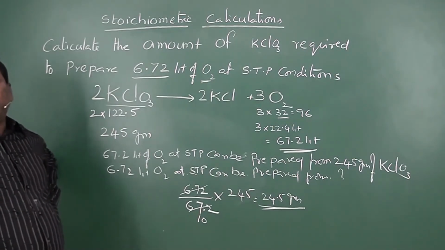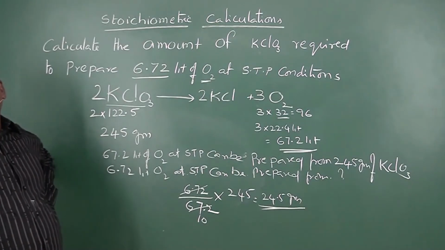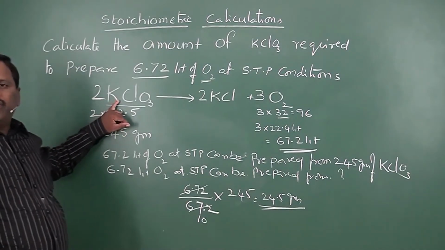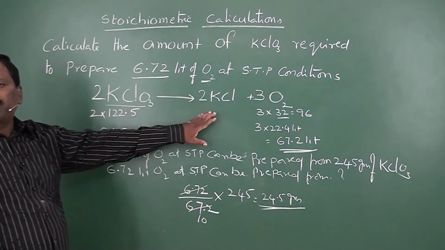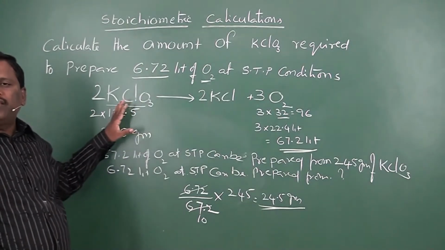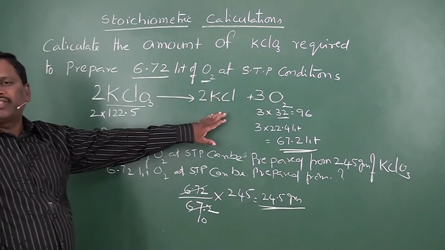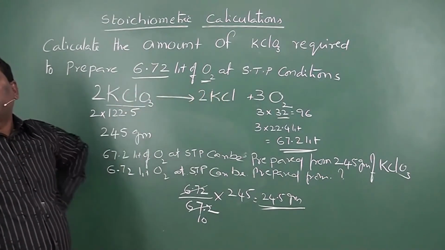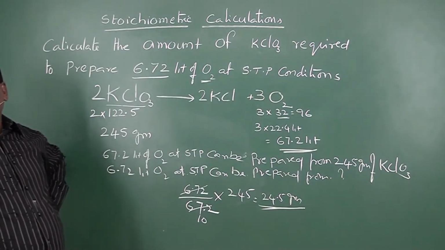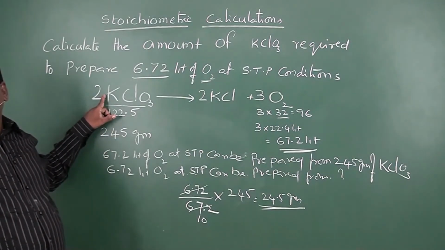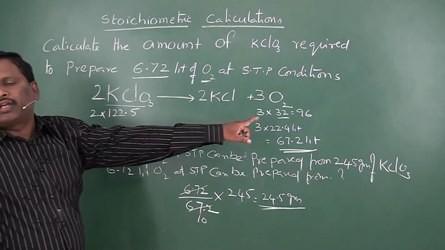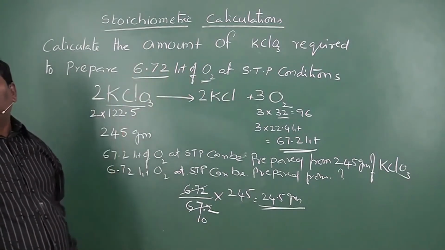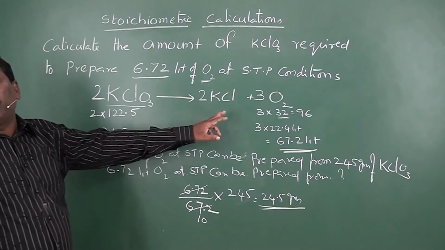Now, in this reaction, you have to verify whether it is balanced or unbalanced. If you observe this reaction before balancing, one potassium is there in the reactant side and in the product side also. One Cl is in the reactant side and only one Cl is in the product side, but 3 oxygens are there in the reactant side, but only 2 oxygens are in the product side. To balance that, a coefficient 2 is kept before KClO3 and coefficient 3 should be kept before oxygen. That means 2 KClO3 gives 3 O2. Now KCl is unbalanced, so you have to add 2 KCl.